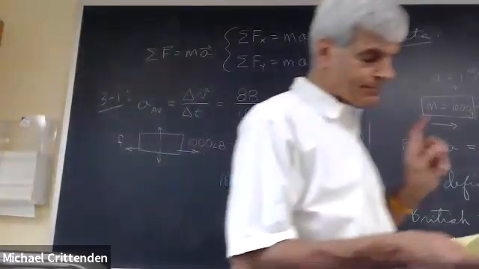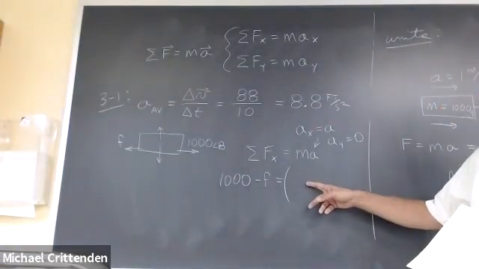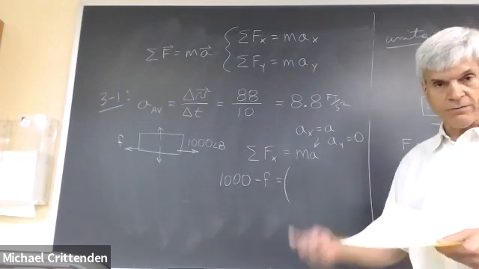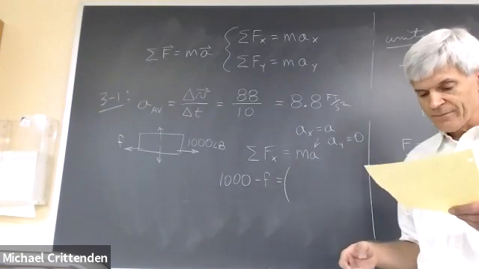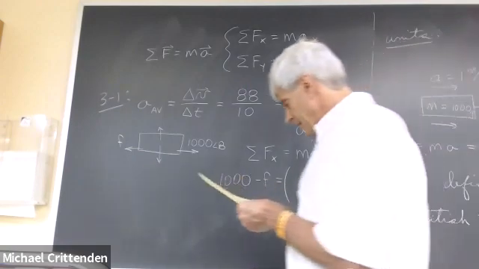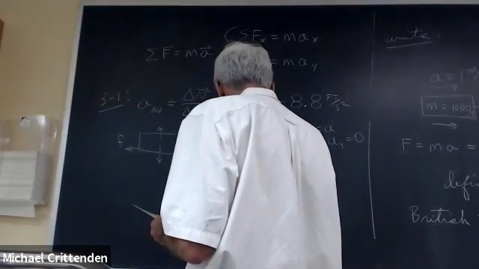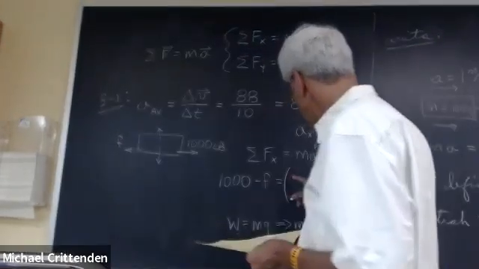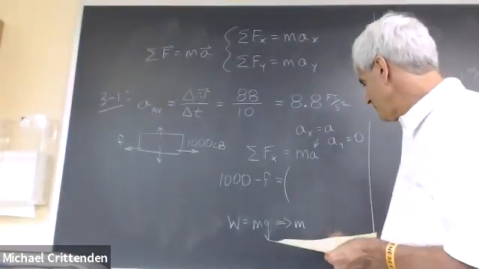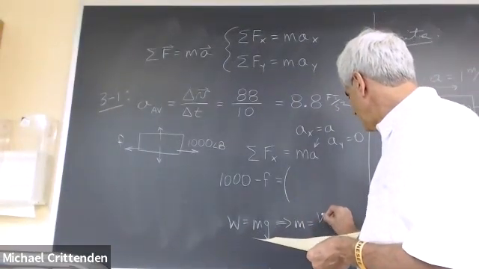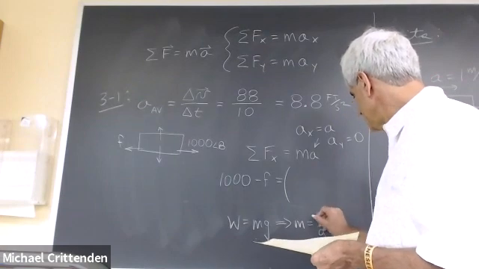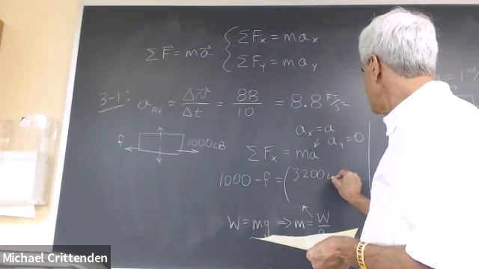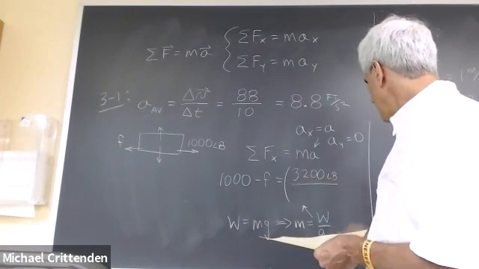So you have to calculate the mass from, it's over there at the right where you can't see it right now, but remember there was W equals mg. So if W equals mg, that implies that m, which is what you need to have in there, m equals W over g. So 3,200 pounds divided by,